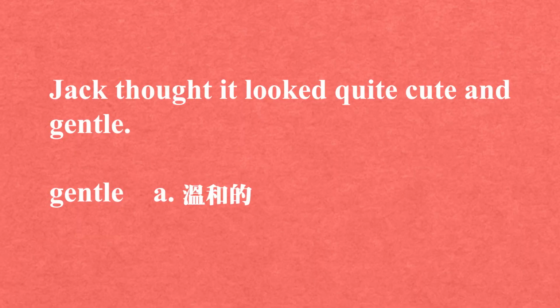Our next sentence says, Jack thought, this is past tense, Jack thought it looked quite cute and gentle. 好，这句话还蛮有趣的。Jack thought，他当下觉得，it looked，这个 look 一样是连缀动词，看起来如何如何，you look happy 是接形容词的。It looked quite cute and gentle，看起来好可爱的小鸭鸭，而且很温驯的样子。